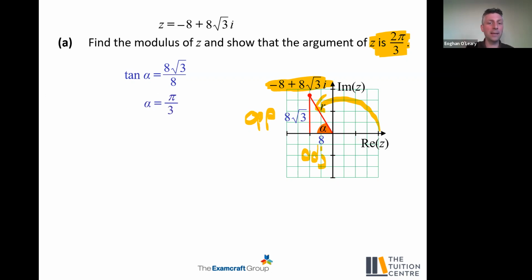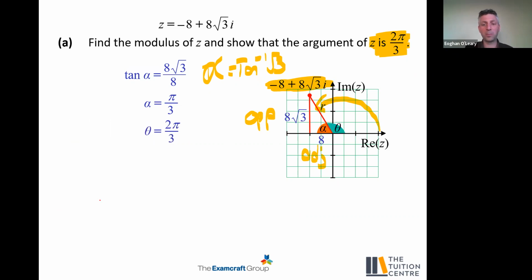So I'm going to get the inverse tan of root 3. So alpha is going to be equal to the inverse tan of root 3. And the inverse tan of root 3 in radian measure is pi over 3. It's 60 degrees. But we're going to be dealing with radians here, so it's going to be pi over 3. But of course, what we're looking for is theta. And in this case,